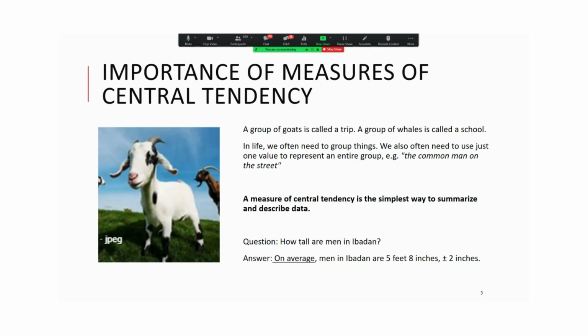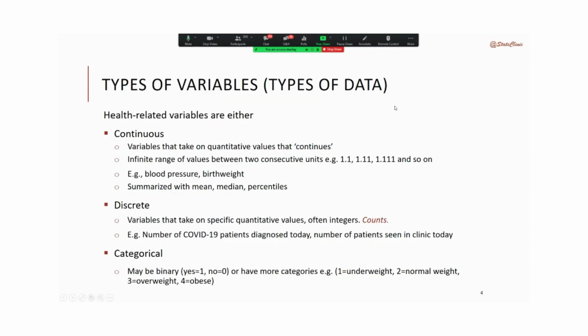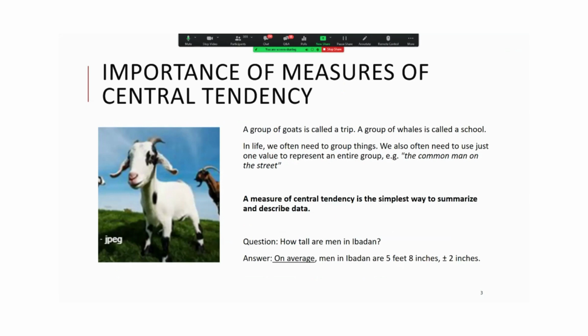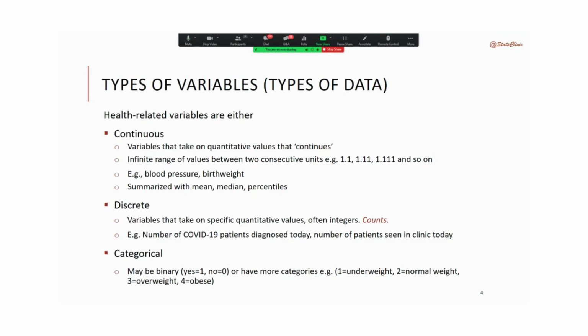So essentially, this is one metric that you can use to summarize, and the mean is not the only one. So there's the average, which is the mean, and it's not the only average that we are often using. So we'll also talk about what other averages are commonly used, much of which you likely already have familiarity with. Now, before we talk about that, we also want you to think about what kinds of